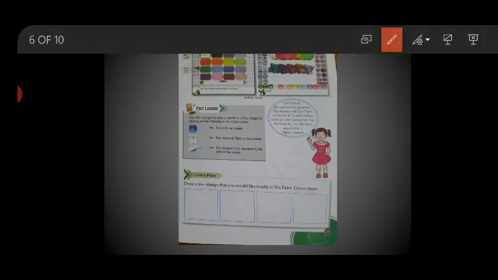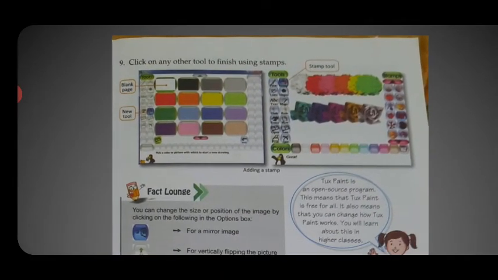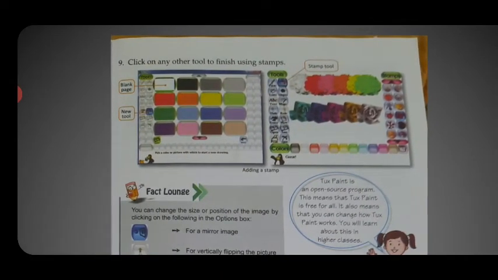Look at this stamp tool here. Different flowers were used by clicking the stamp tool. When our work is over and we need to finish with the stamp tool, we can click on any other tool.